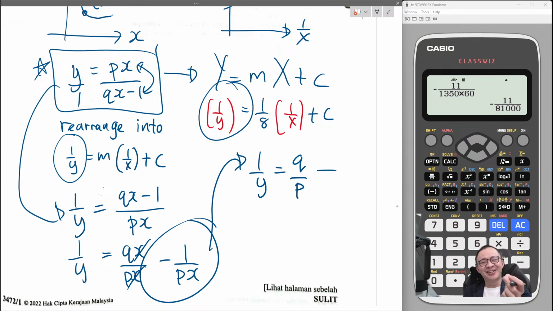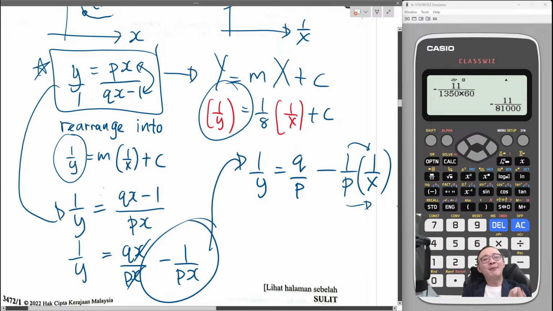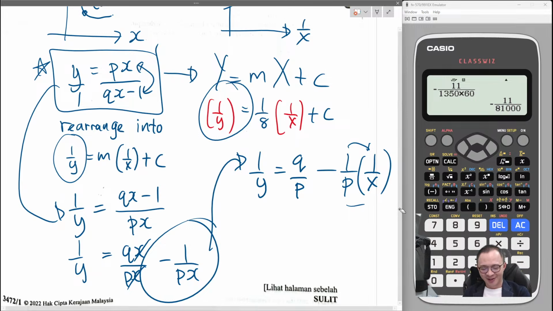Have to ask yourself, what is the meaning of 1 over px? Is it 1 over p multiply 1 over x? Yes or no? Yep, it is. 1 multiply 1, you get 1. P multiply x, you get px. So you can't prove me wrong, isn't it? So if you can't prove me wrong, then